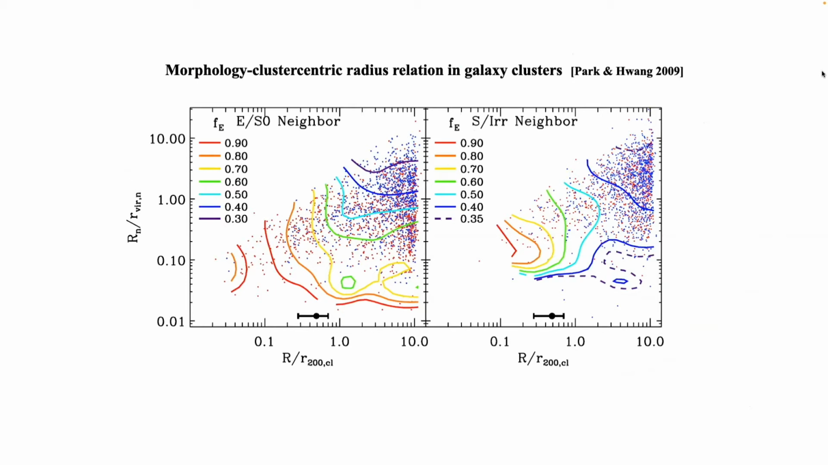So here, each point is a galaxy in Abell clusters. We are looking at the cluster-centric radius versus the distance to the nearest neighbor of these cluster galaxies. Inside one is the cluster galaxies, and outside this is the cluster infall region. So outside one virial radius, you can see